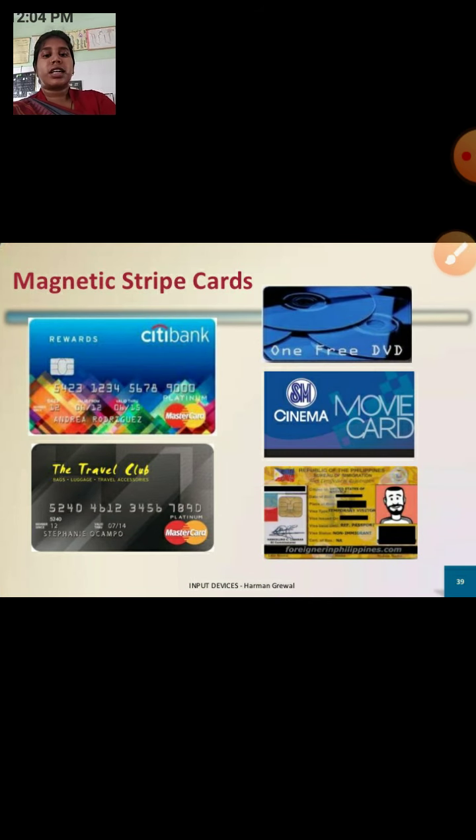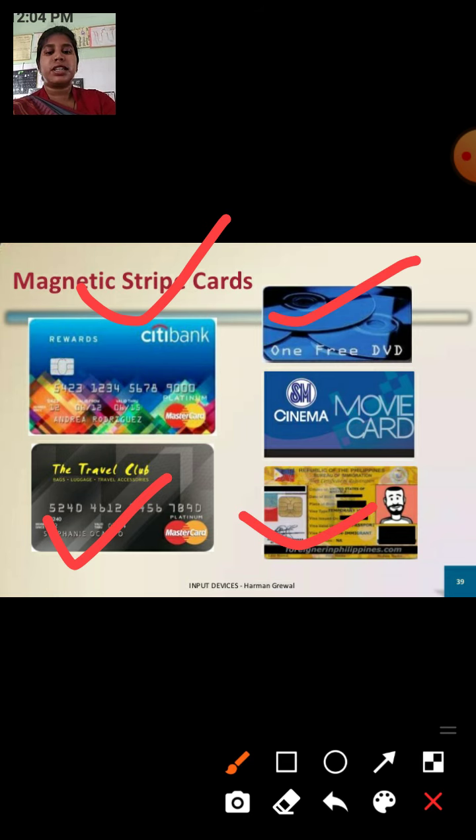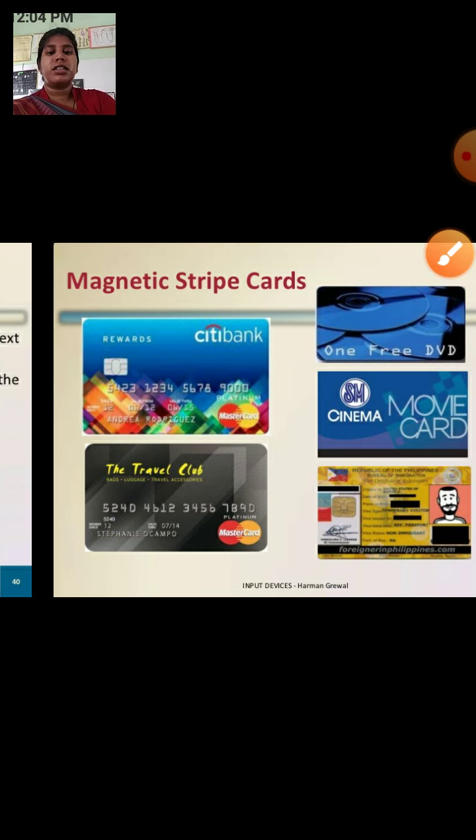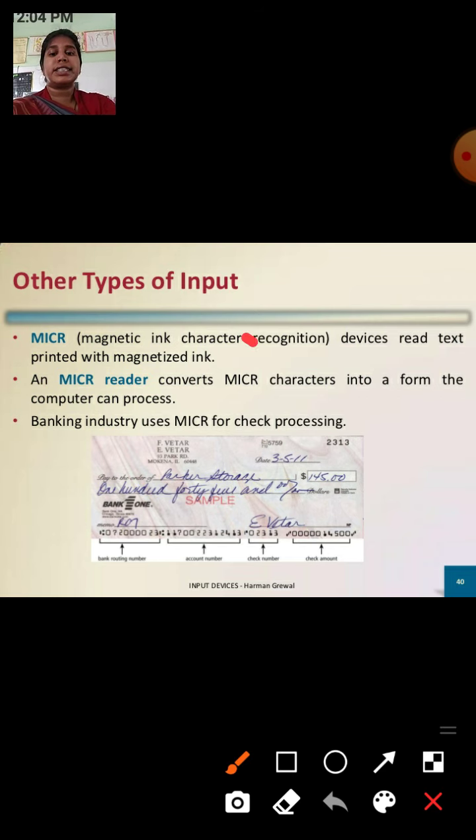Here are different examples, Citibank, travel clubs, different types of magnetic strip cards. We swipe the card in the machine and according to that we access.